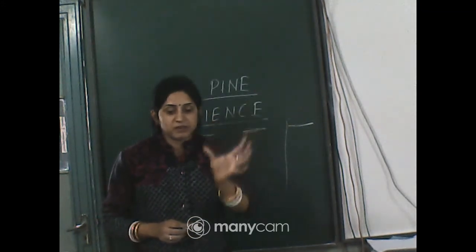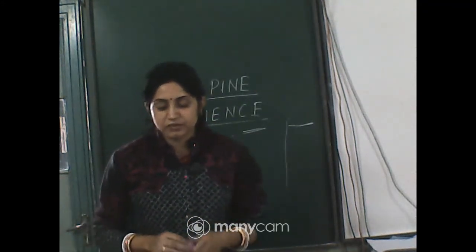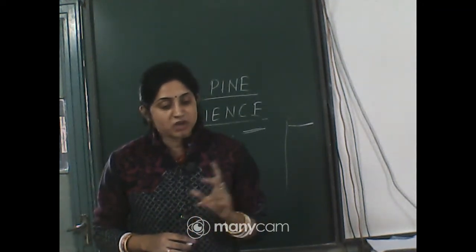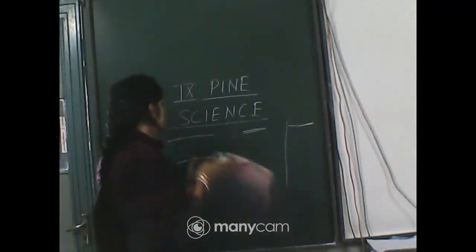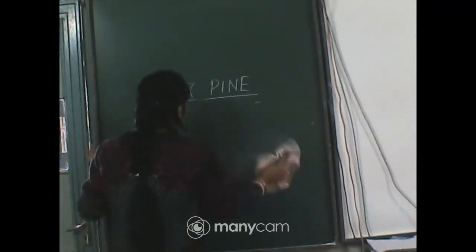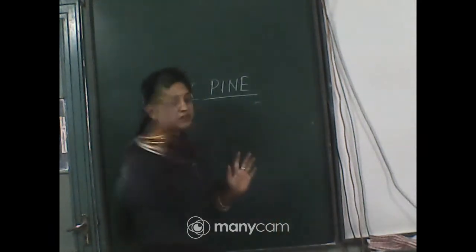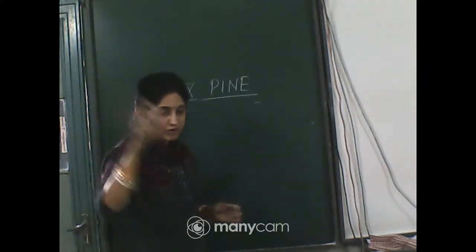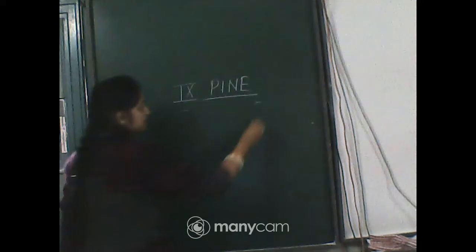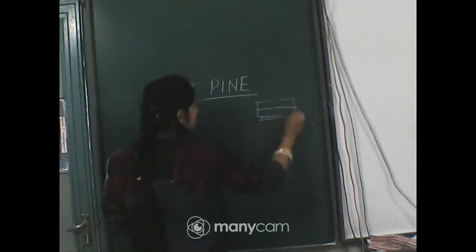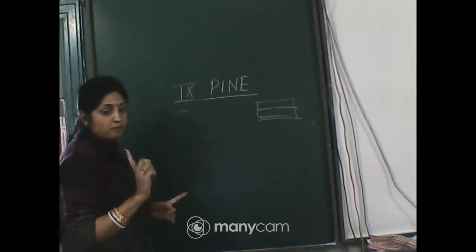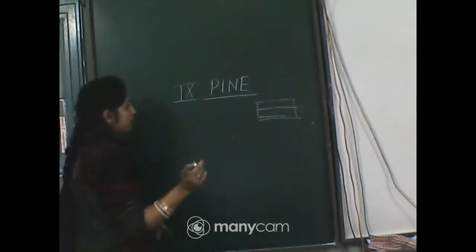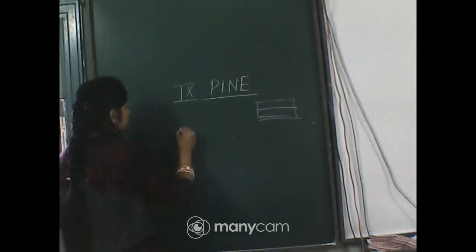Okay, next, the first one, experiment number 1, to prepare a stained temporary mount of onion peel. So next page, from experiment number 1, what points should you mention? First, give the date on your page at the right corner, sorry. There must be a page number and date. There must be a box. You mention that page number and date. Remember, you must give that. And next, you write down the experiment number 1.